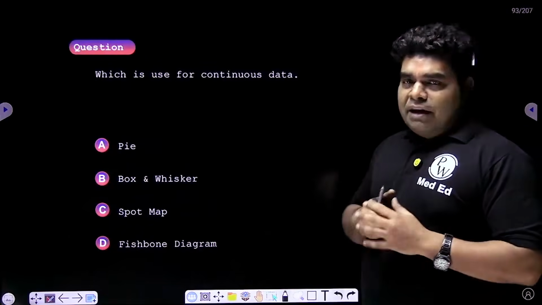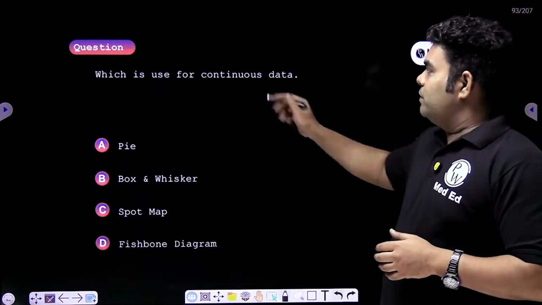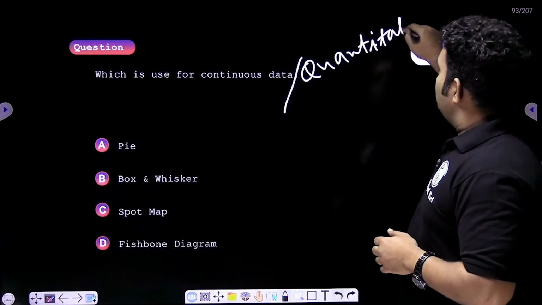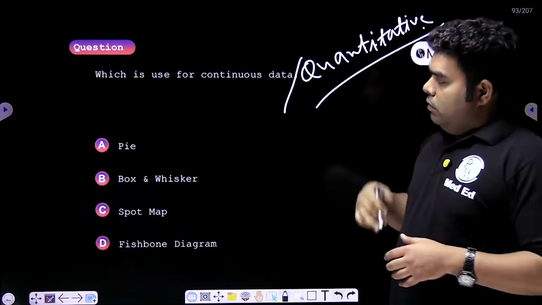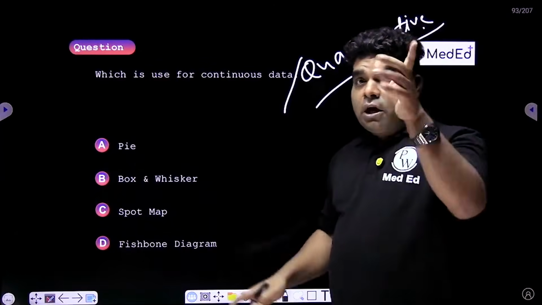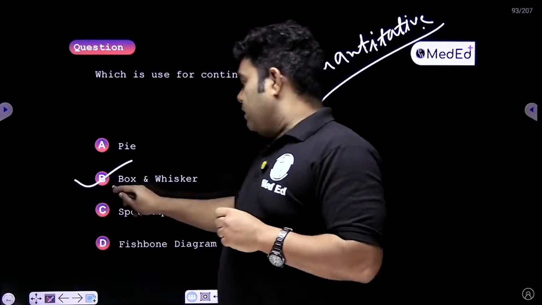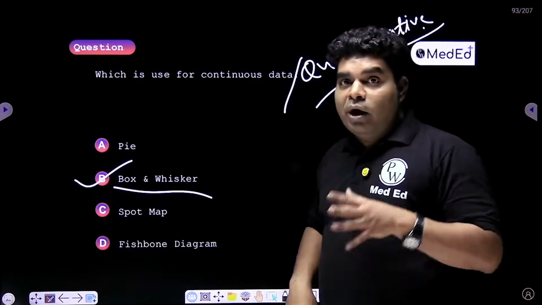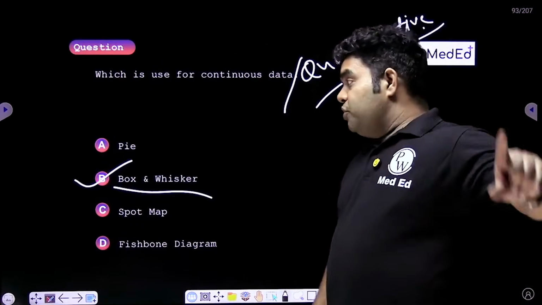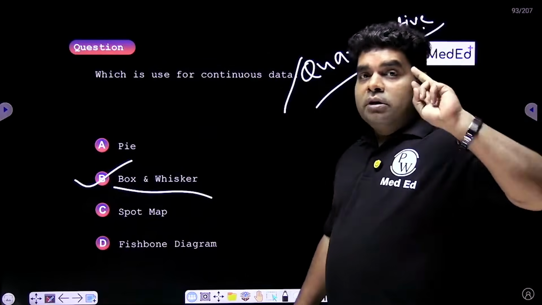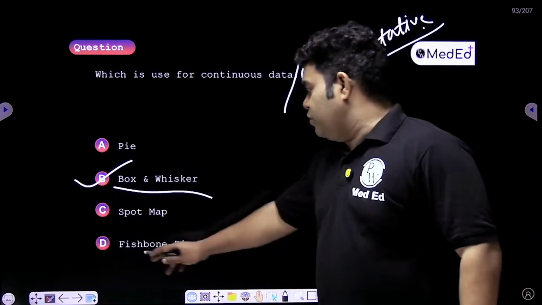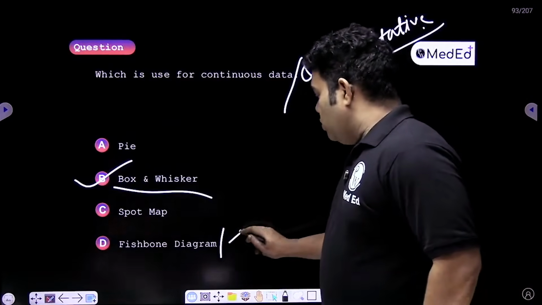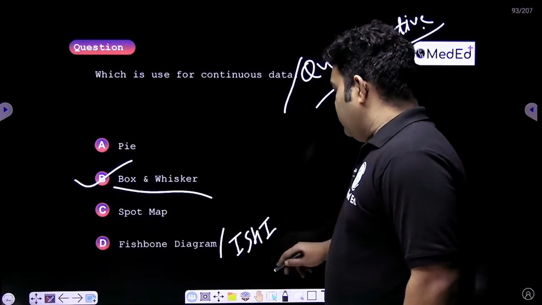So anyway, if they ask a question like this, which is used for continuous data? Continuous means quantitative data. We just read that box and whisker was one of the 8 things in quantitative data. But it's difficult to remember the classification because there are 5 things in qualitative. What are the 5 things? Pie chart, bar diagram, spot map, pictogram, and the last thing is fishbone diagram, which recently came in one of the IMNCI exam questions. Fishbone is also the same as Ishikawa